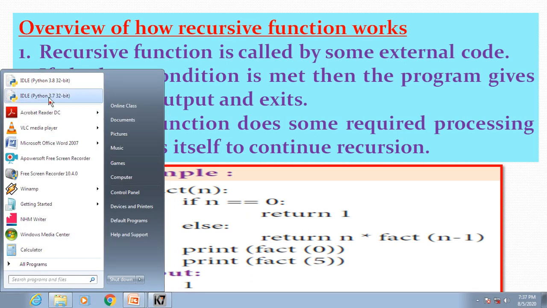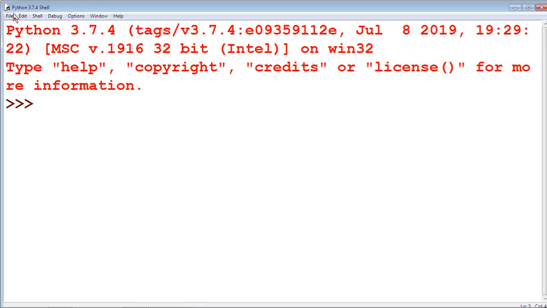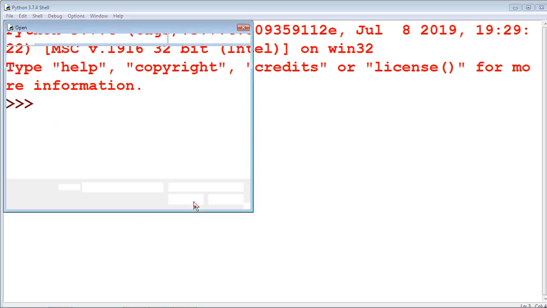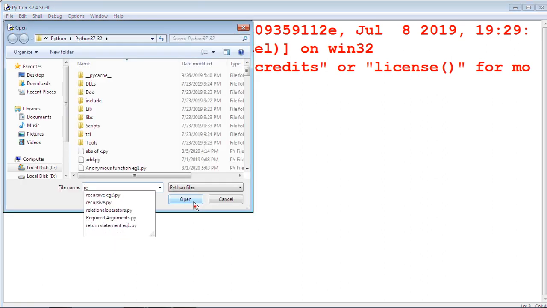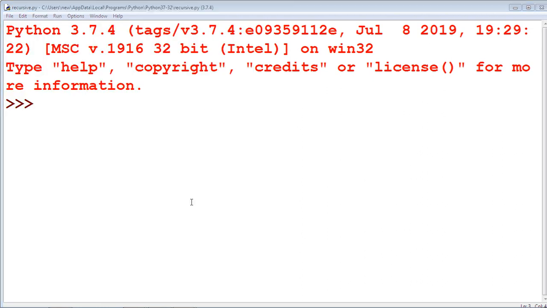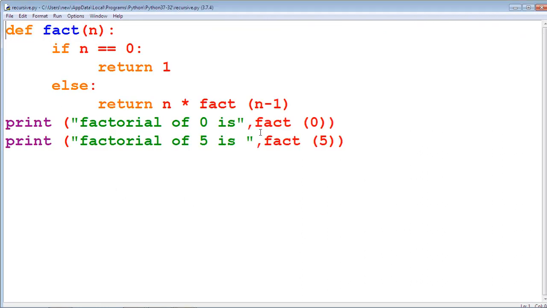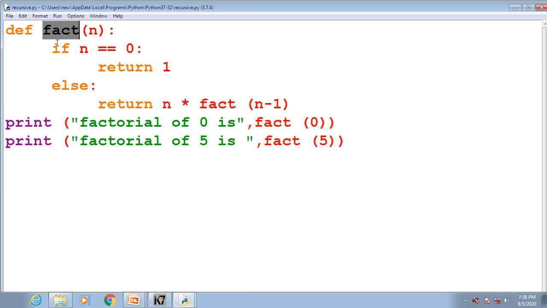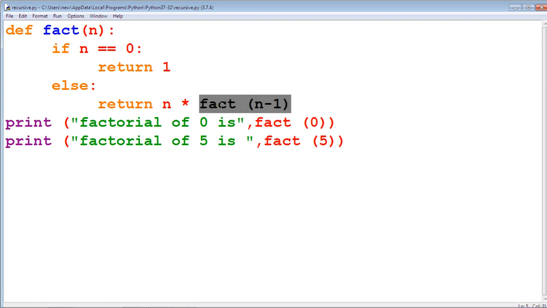We are going to see this example of a recursive function. Here fact of 5, the function is called, this is the function call statement. So the fact function is called here. In the fact function, another call statement is placed that calls itself.